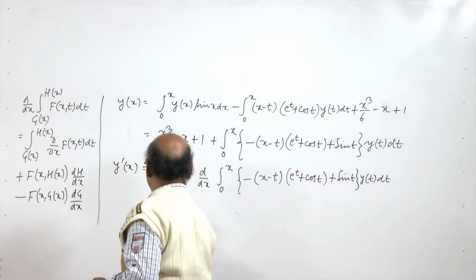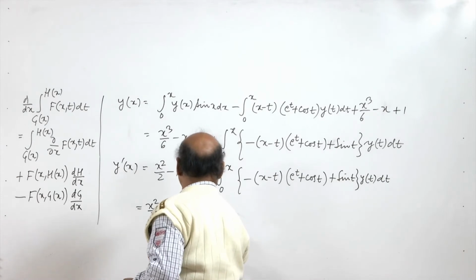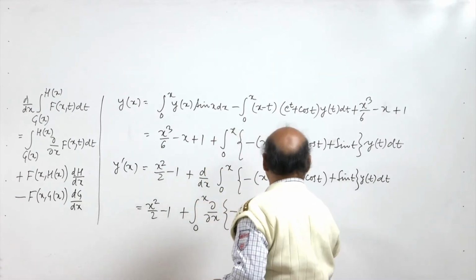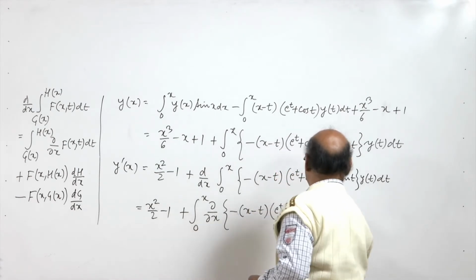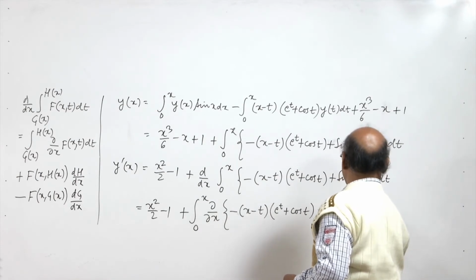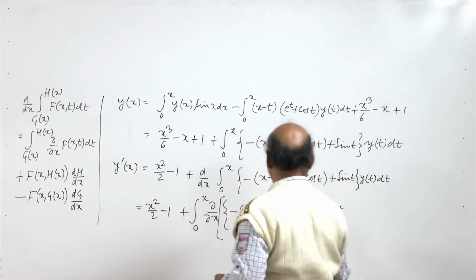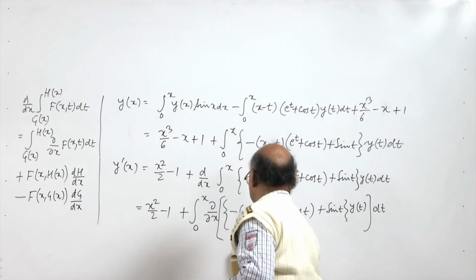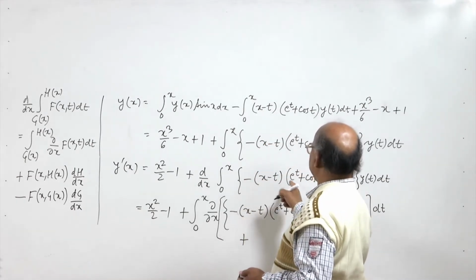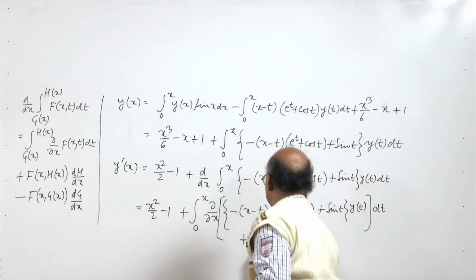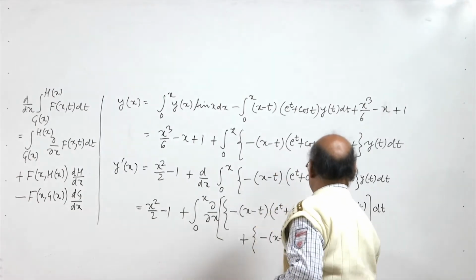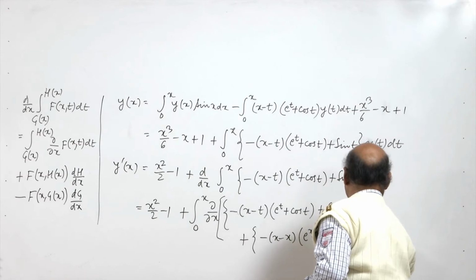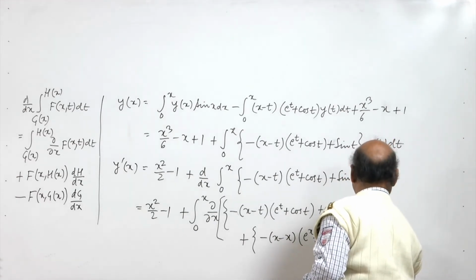So this is x square by 2 minus 1 plus integral 0 to x, delta over delta x of minus (x minus t) (e to the power t plus cos t plus sin t) y(t) dt, plus, instead of t we put here x, so we get minus x (e to the power x plus cos x plus sin x) into y(x),